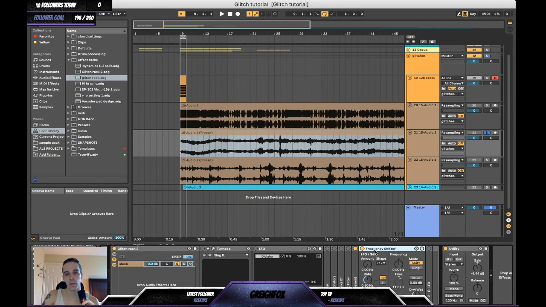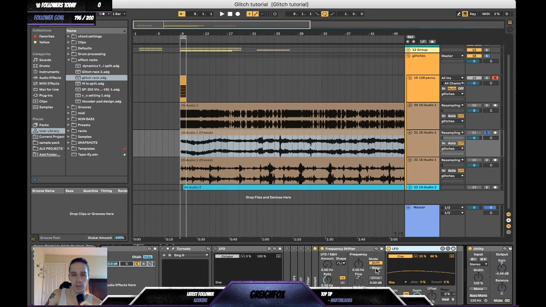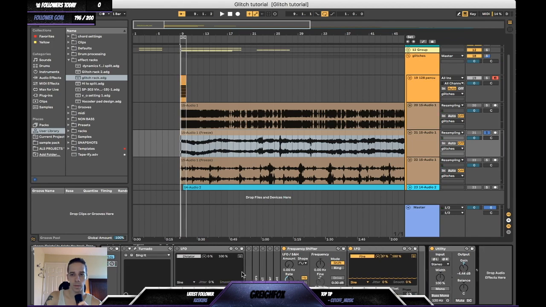So frequency shifter is the next effect that I would use. I have this in conjunction with an LFO. If you turn the dry wet down, then you'll get some really cool effects. That's a really cool way to get like some laser type sounding effects, and you can do this all by hand. I find that using envelopes and LFOs and all that in a kind of cohesive rhythmic function,